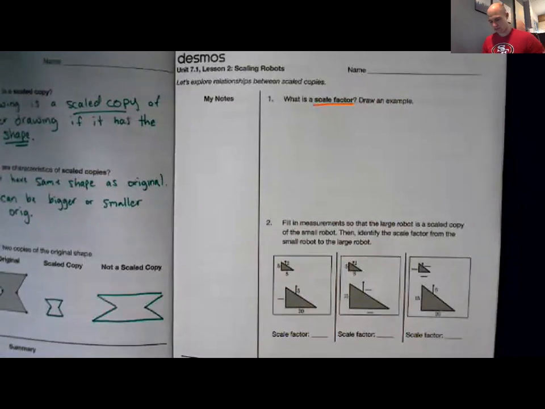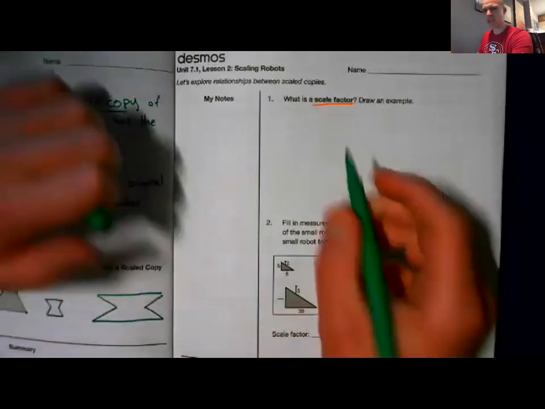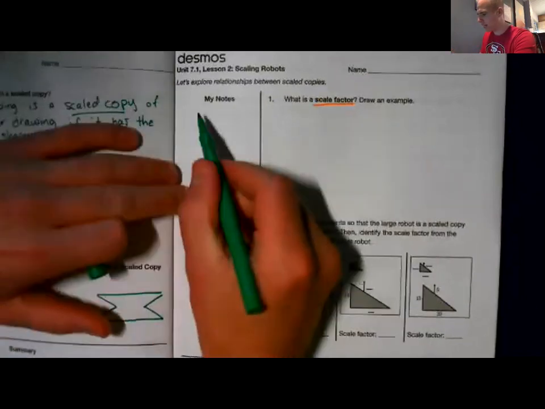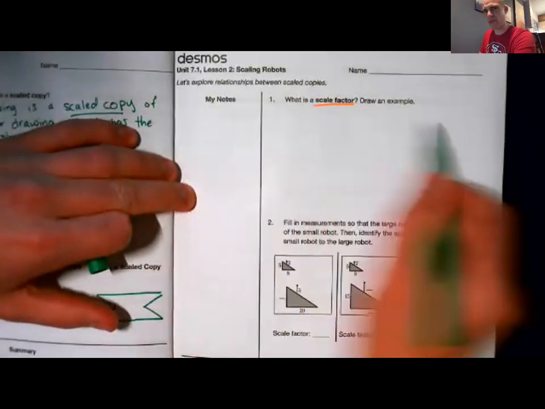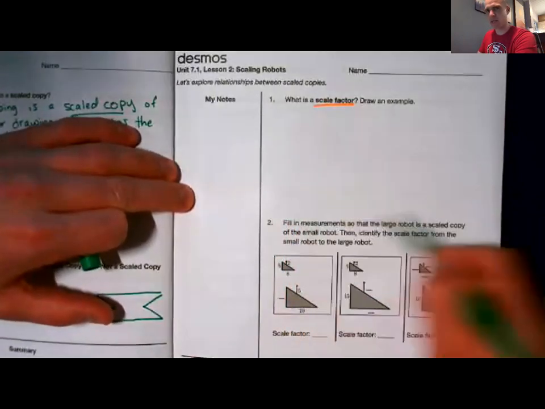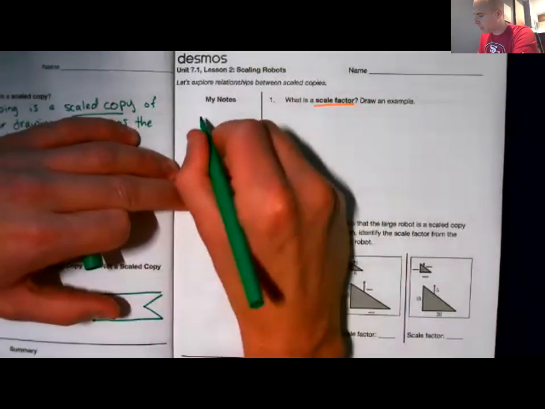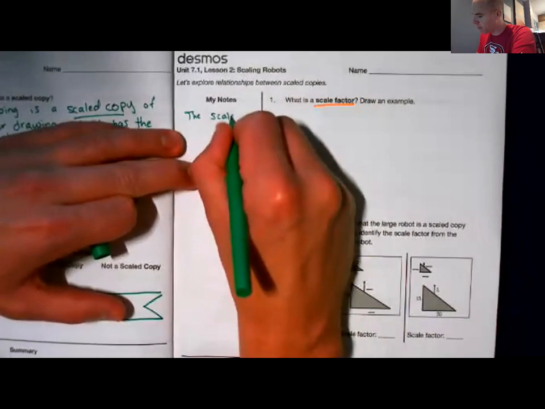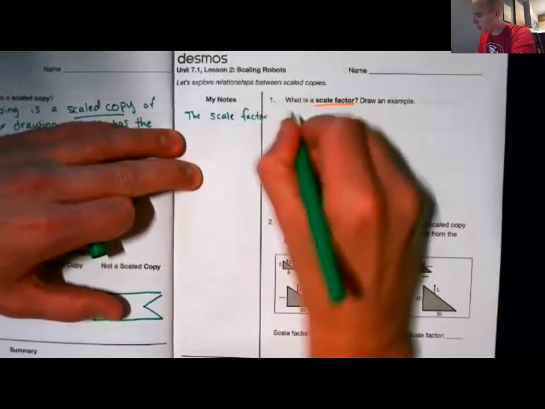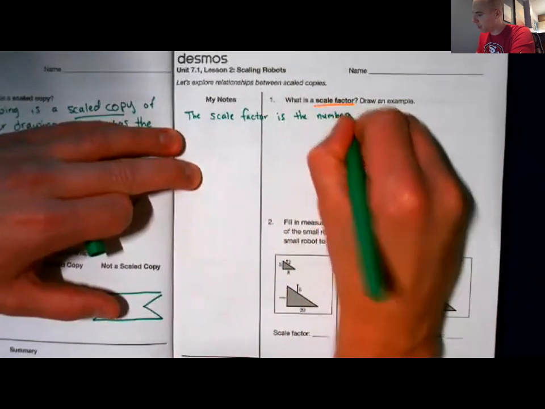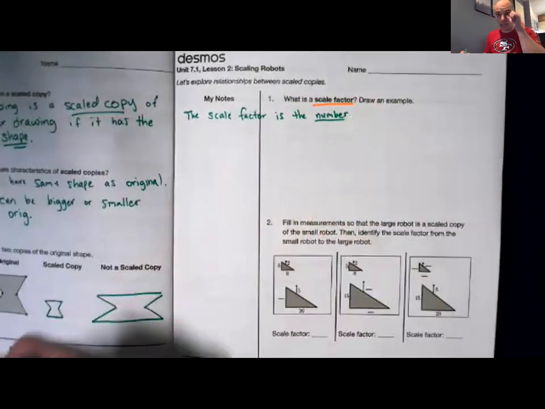So the scale factor, it says to draw an example. Let's write in words first, and then we'll draw an example. And I'm going to kind of use some of this area here that says my notes, just because I have a feeling like the words and the drawing together might take up more space than this allows. So I'm going to start writing over here. The scale factor is the number. All right, so that's already important, right? So now we know one thing. Scale factor is a number. Scale factor is a number